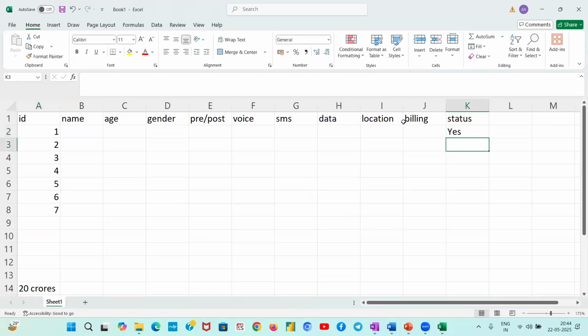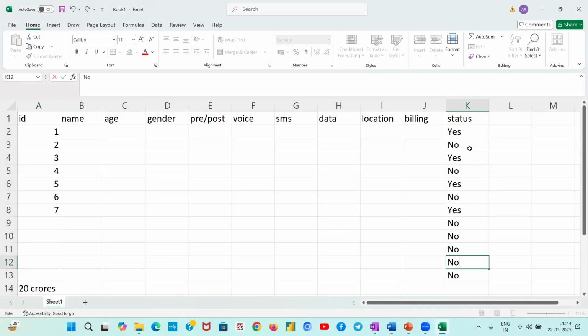The people who are yes, they are with us. The people who are no, no more customers; the customers have already left. So like that, I see every day the nos in my customer information. I see people are converting to no. No means they are not actually recharging. They are not paying the bill also. So I have to understand that they are ignoring our network. So if I keep ignoring this,